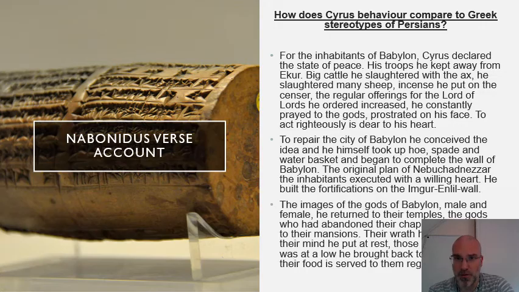So a couple of key points. Cyrus comes in and he declares peace, which is a positive thing, not something that Persian kings are particularly associated with as far as the Greeks are concerned. He comes in and he offers a lot of very important sacrifices. He shows great respect to the gods, and interestingly, he shows great respect to the Babylonian gods. And remember that Cyrus would be Zoroastrian, or a kind of early version of that. So he's showing great respect to the gods of a